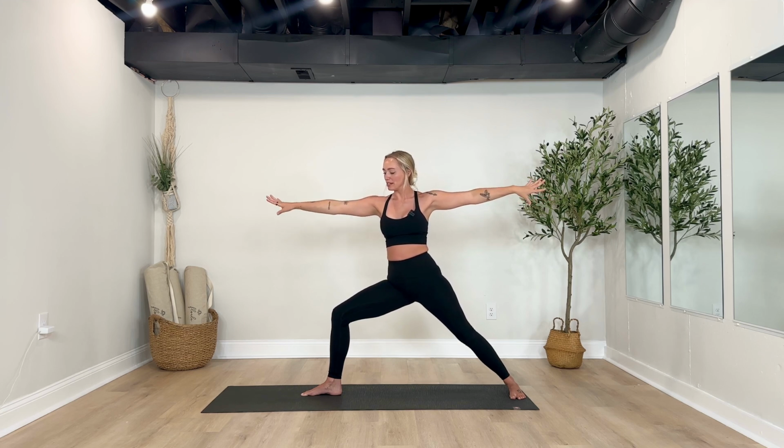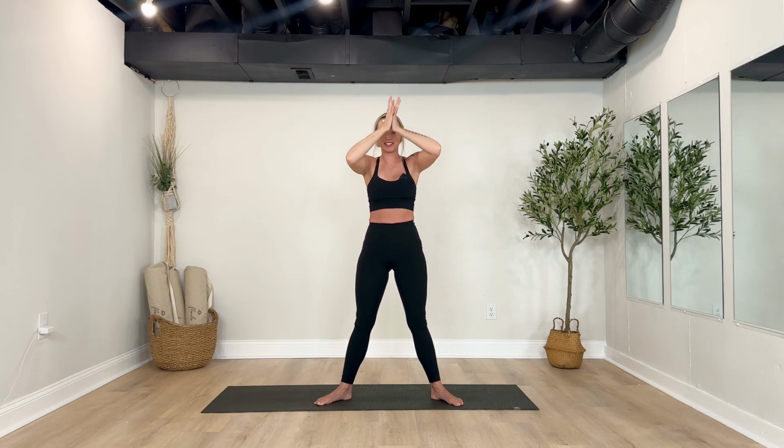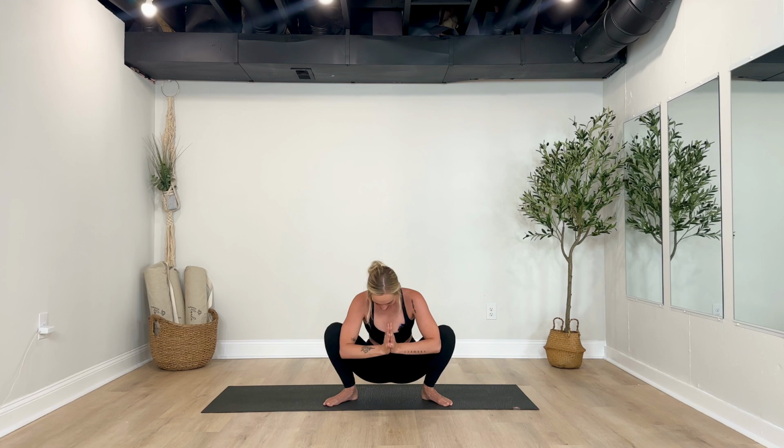We're going to open up into star pose. So reach up with both hands. Start turning all your toes so that they're pointing away and the heels are in. And then we're going to wiggle the feet so they're about hips width distance. Bring your hands to heart center and we're going to sink into Malasana. My feet were a little too wide there, so wiggle those feet in until you're in a nice and